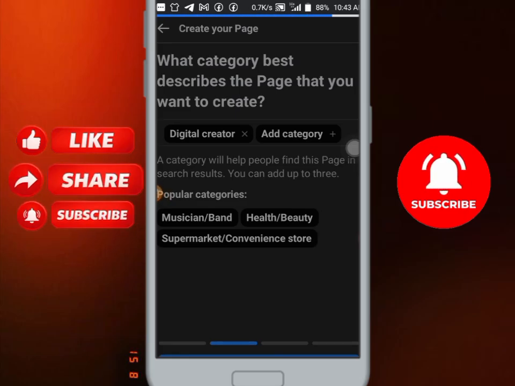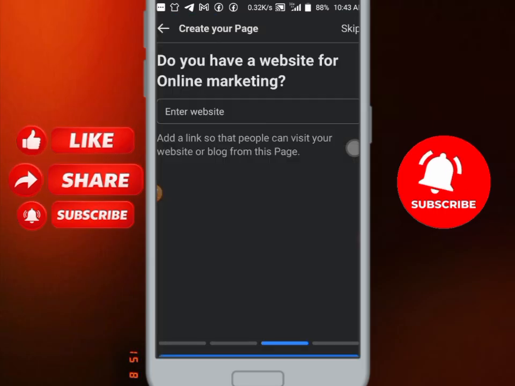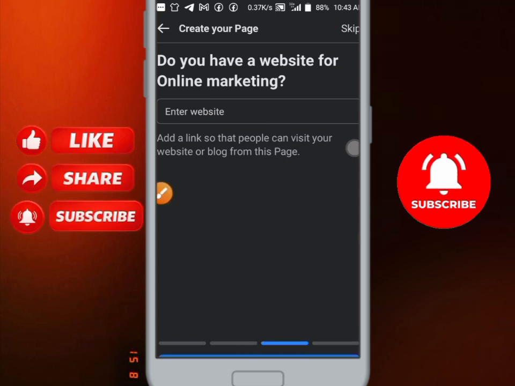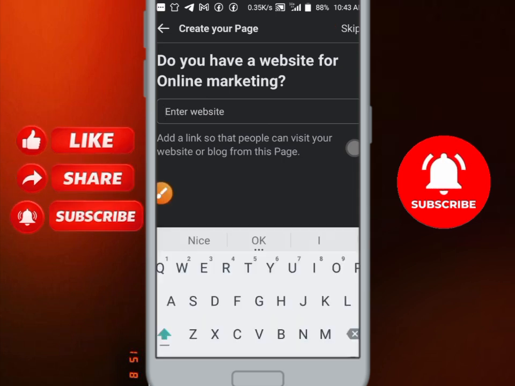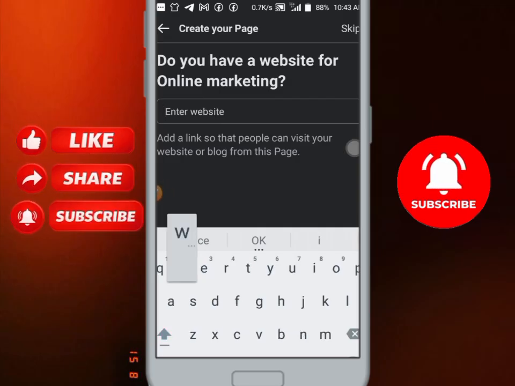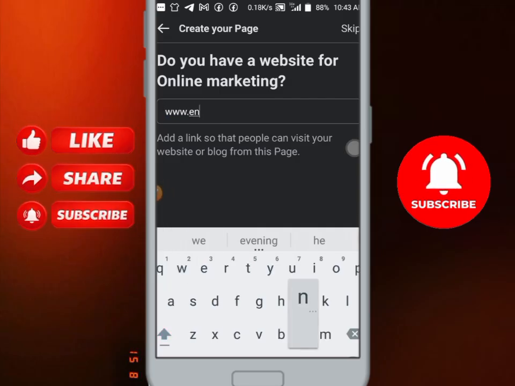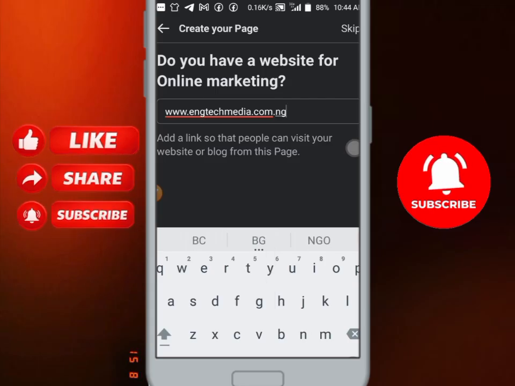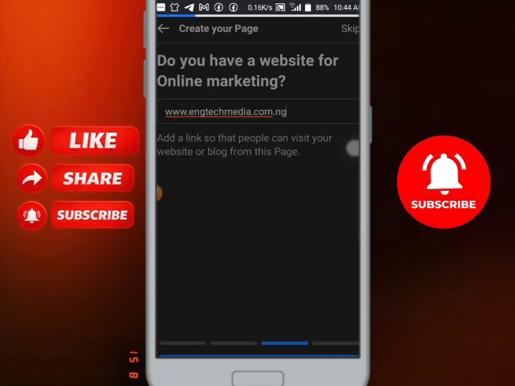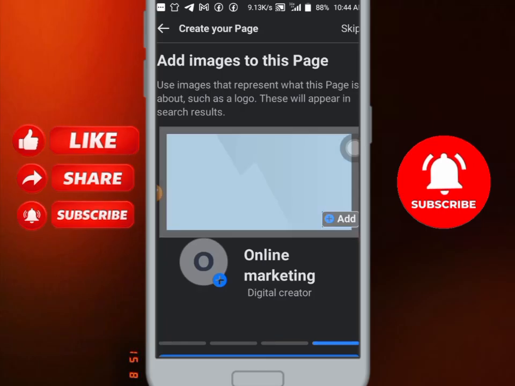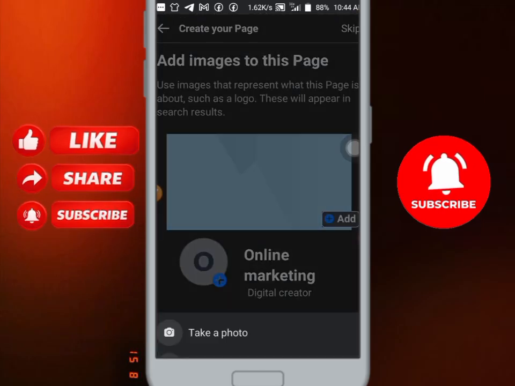So wait for it to load. It's not very bad. Alright, add website. Okay, what I'll do now, I'll click on skip because I don't have it. Okay, let me just add something. Let me just add my website. Right, so that's my website. Click on next. Alright, now it's asking me to put my photo. As I choose photo, so